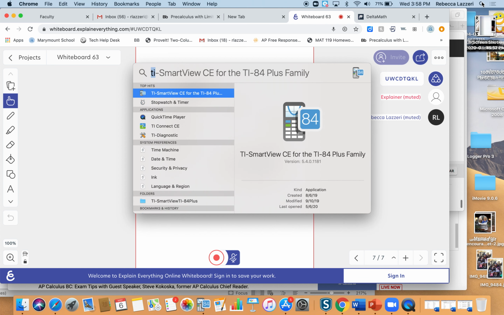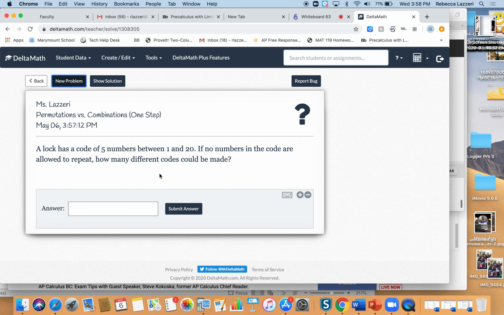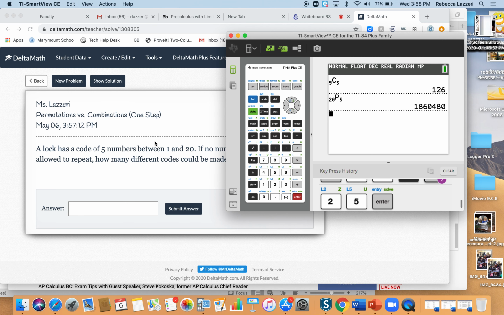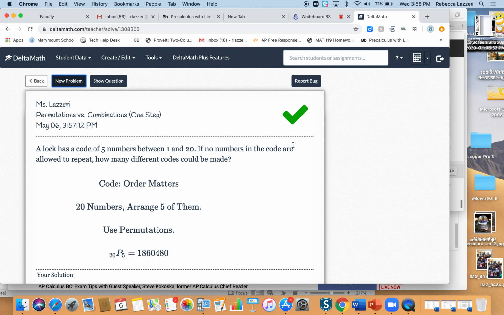It's a permutation because it's a code. You put your 20 in first, then math, go to probability, and be sure you pick permutation. And we're doing codes, and it's going to be a lot. 1,860,480 codes. There's a lot of codes, which you need if you are a banker, okay? So I already forgot the number: 1,860,480. And so you've got a lot of codes there.